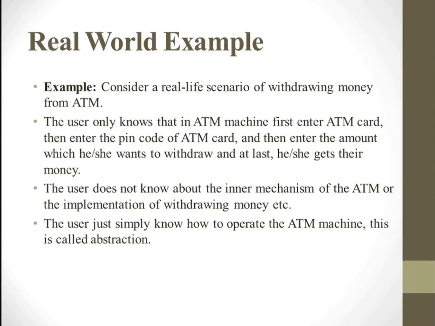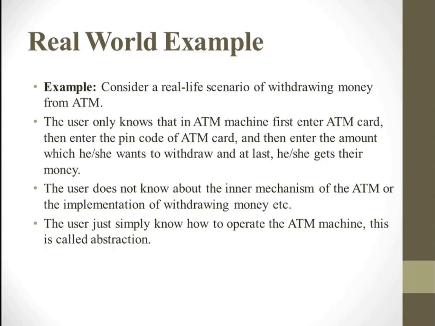Number one, the front end of an ATM and the back end of the ATM. So abstraction shows that the front end is displayed to the user, but the back end, which is the implementation, is not important for the user, so it is hidden, encapsulated from the user with the help of abstraction. So the ATM machine is a real world example of how it works, and there are two sides.